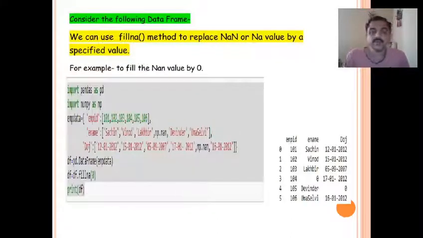Now you want to fill some data where NaN is displayed. For example, 0 you want to display, so we can use a function called fillna. The fillna method is to replace NaN with the value specified. For example, you want to fill 0 in all the places where NaN is displayed.